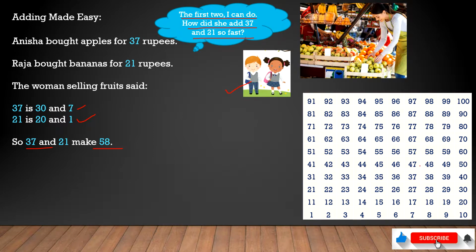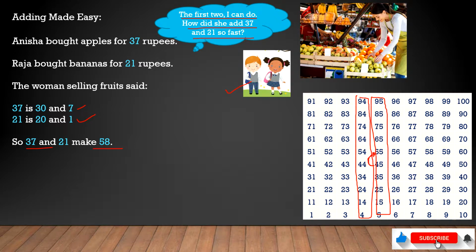I just want to repeat how we add 10, 20 or 30 to a number, or how we subtract, using this table. Just quickly see. If you add 10 to 45, we'll reach 55. So what will happen? We'll move one row up in the same column. So this is one column, this is another column. Within the same column we'll move one row up if we add 10 to any number.